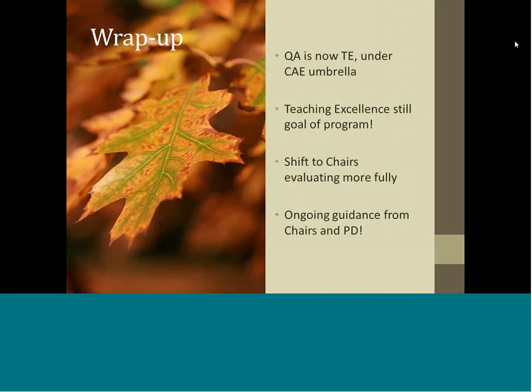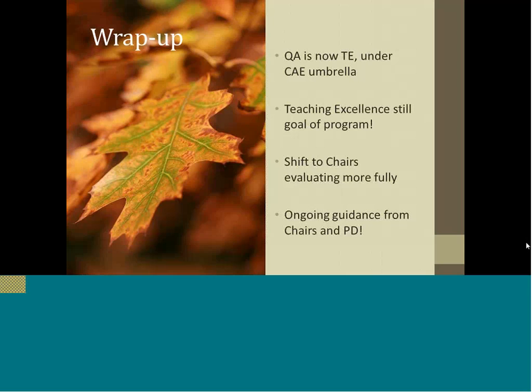But stepping back from all of the formal aspects of this new TE form, it really is kind of a simple concept. What this TE process is looking for when the chairs are going to be doing these reviews is simply good, extensive involvement by the instructor in the course, active presence, timely grading, things that so many CCCOnline instructors already are committed to and already do in their work.